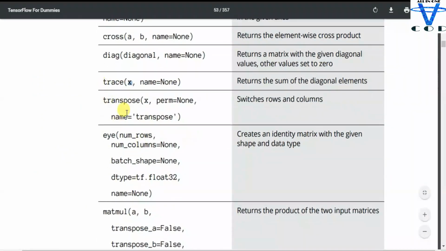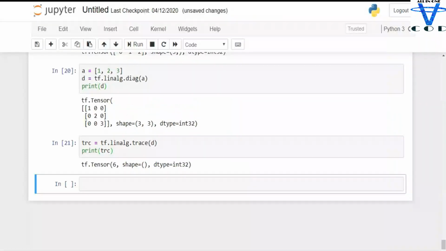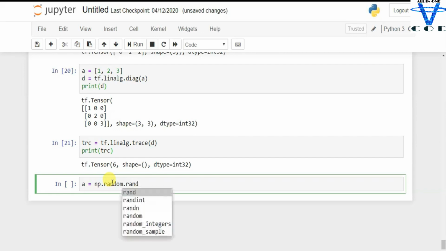Let's move on. The fifth function is transpose, which switches rows and columns. X is the main parameter. Let's say X equal to np.random.randint, and pass 3 3 3, with lower value equal to 0 and upper value equal to, let's say, 10.